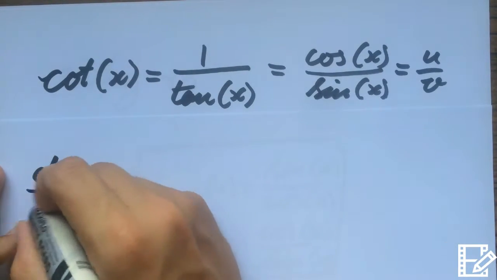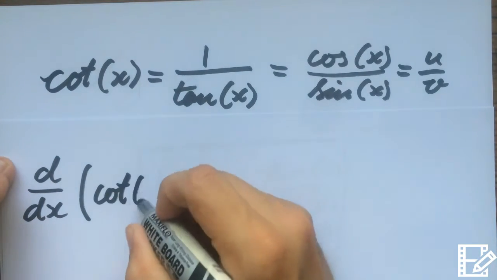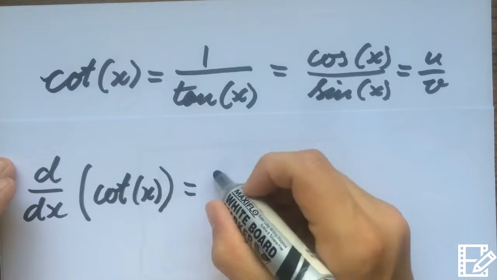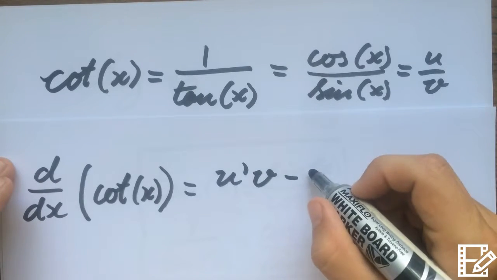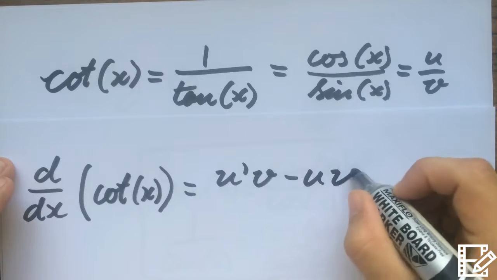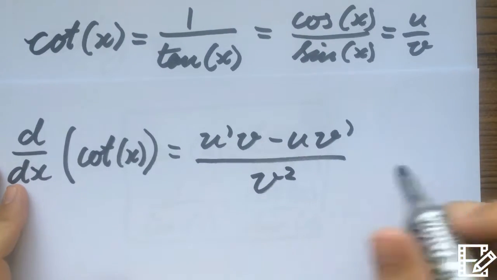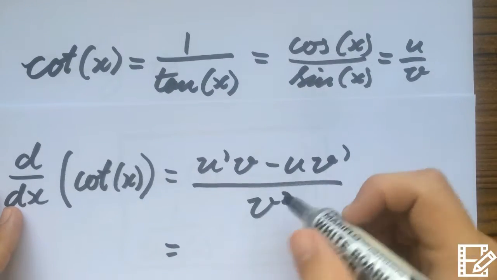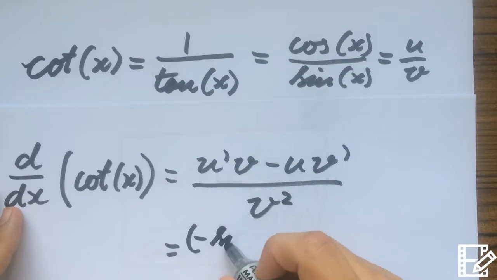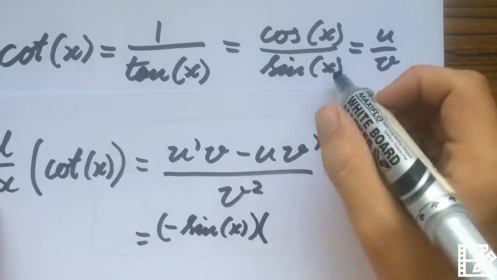Okay, so the derivative of cotangent of x would be equal to u dash v, minus u multiplied by v dash, over v squared. U dash, if u is cosine, the derivative of cosine is negative sine x. Multiply that by v, which is sine x,